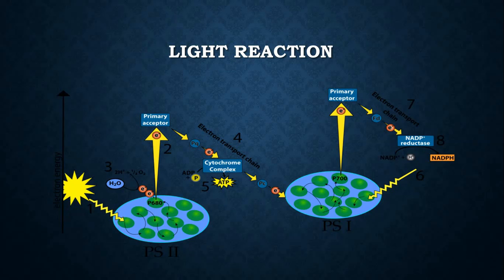These molecules are split, and these two molecules are different from each other in the presence of sunlight. This process is called photolysis because light breaks the water molecule. Photo means light, lysis means breakdown, and oxygen is released in this process.